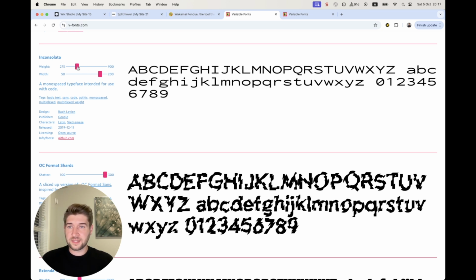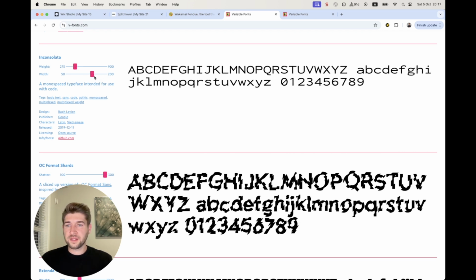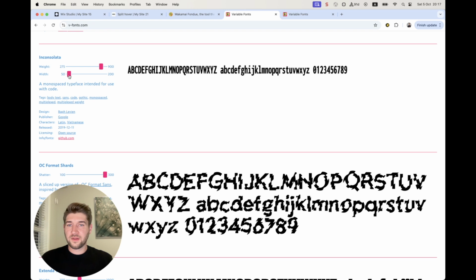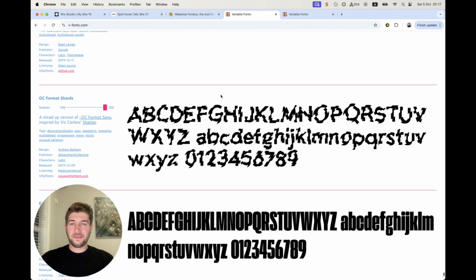So this one right here is an example of a simple font which has weight and width. I can change on this scale the width of this font and you can see it immediately reflecting here, and also the weight. So the weight and the width. And I can use different combinations. I can use a very narrow font but very bold, or narrow and thin, or the opposite, very wide and thin. Okay, hopefully that makes sense for the regular fonts, but the variable fonts can also offer some crazy fonts,